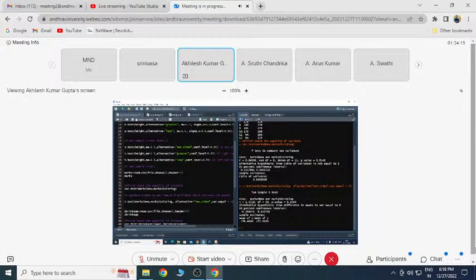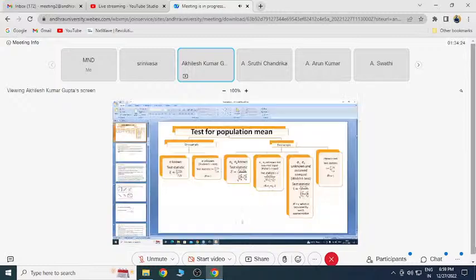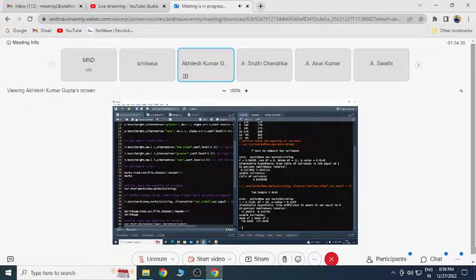So same thing, you got the test statistic value, you got your degrees of freedom, which is n1 plus n2 minus 2. Here I have written degrees of freedom n1 plus n2 minus 2. So 10 plus 12 minus 2, 20. Then p value, you got the confidence interval of difference between means and mean of x, mean of y.